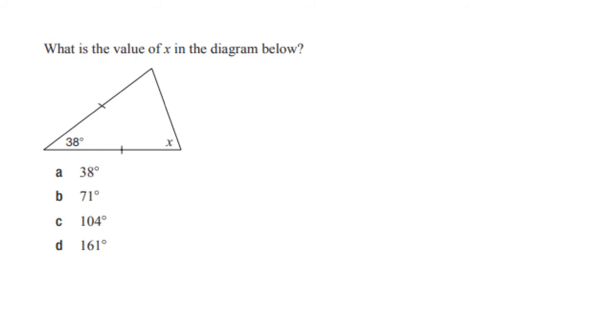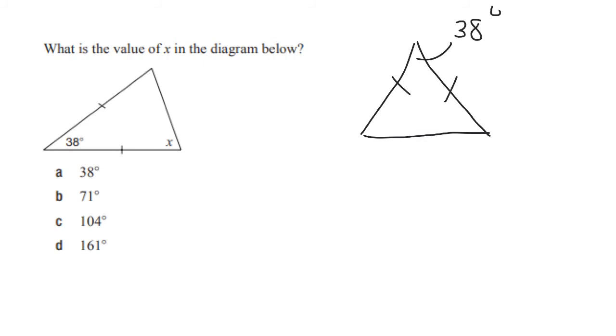But what I'm going to do is start by redrawing my triangle. Sometimes it helps students to see the triangle repositioned upwards. So if I redraw it, it would look something like this. So the top angle, this top interior angle, is 38 degrees. We're asked to find this angle in the bottom left corner, and they've put these hash markings on